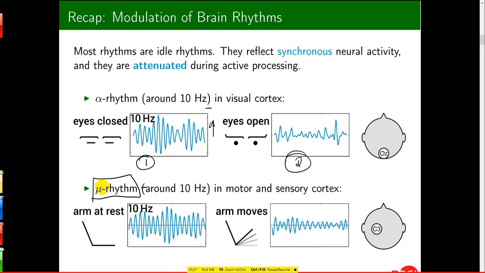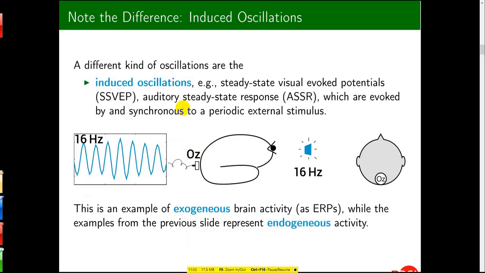Clear? So another very widely used paradigm is based on the sensomotor cortex. The locations of electrodes are here, just one electrode, C3. There are different kinds of oscillations. One is called steady state visual evoked potentials. These kinds of oscillations are generated by some visual cue, and these modulations can be captured in the spectral domain, not in time. ERP is in time, right? One difference to note is that these steady state visual responses are evoked potentials, but not induced. Induced is what we imagine without any external stimulation. SSVEP is synchronous to periodic external stimuli,